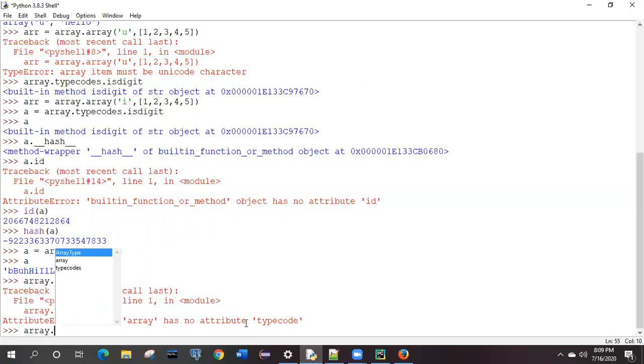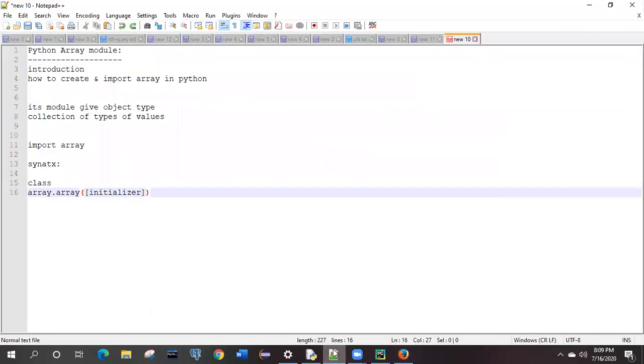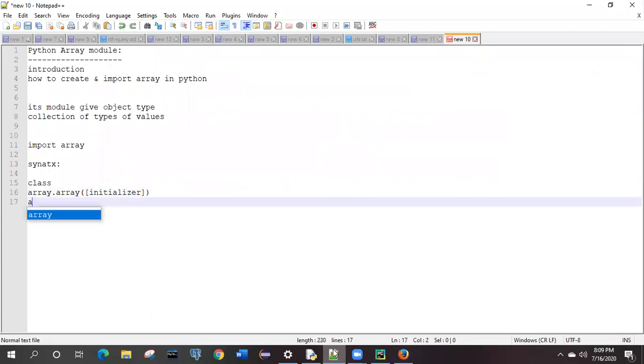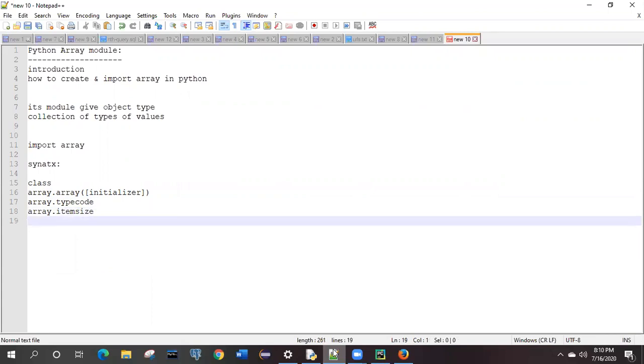The remaining things are not available. For understanding, always prefer to go to this documentation, as it will always be updated. Earlier, in the previous version, array dot type code was available, and we also had item size, which was previously available, but now it is not available in 3.x.